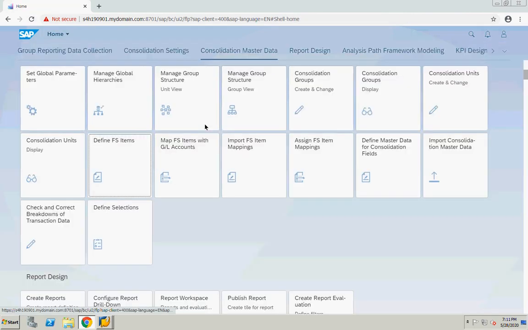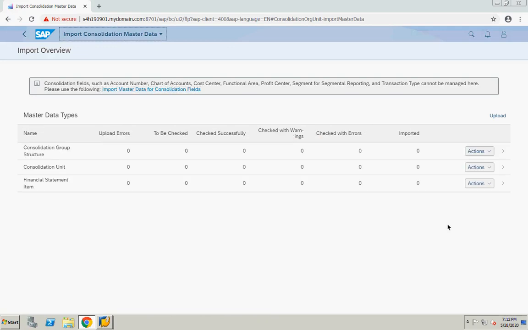Another option, if you want to maintain it in an Excel sheet, is import consolidation master data. Here you can import the financial statement items. You can download the template based on the master data, or without master data, and you can load that master data. I will explain how to load the master data in the next sessions.